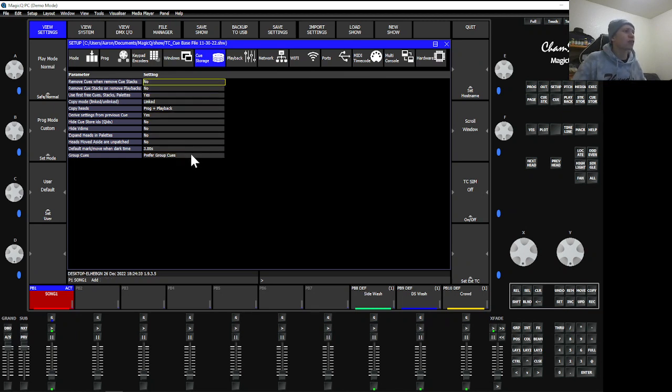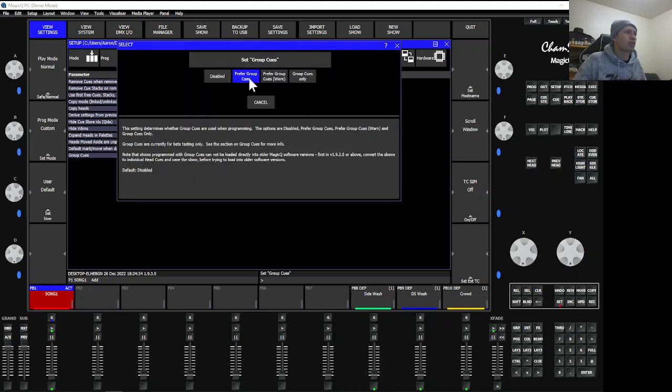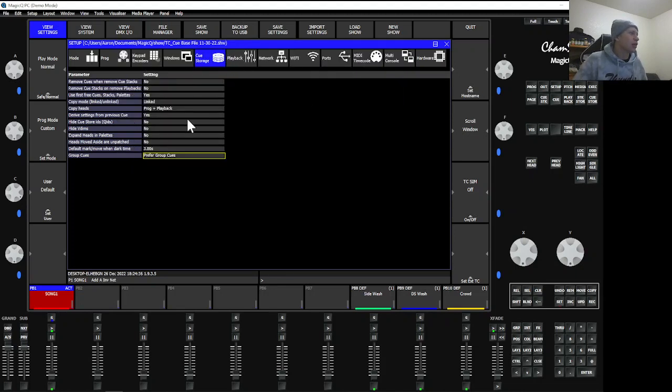I prefer group queues in life, and I prefer group queues on my queue storage. Oh, I also don't like to hide my VDIMs. I'll often hide my VDIMs when I'm doing a punch show or a busking show, but usually when I'm doing a show where I need a cue list for every song or timecode stuff, I don't want to hide the VDIMs because